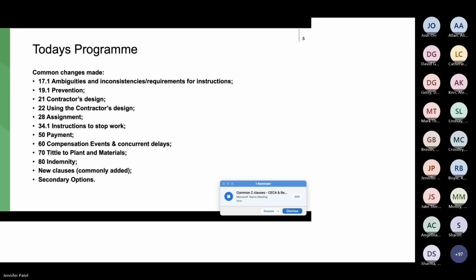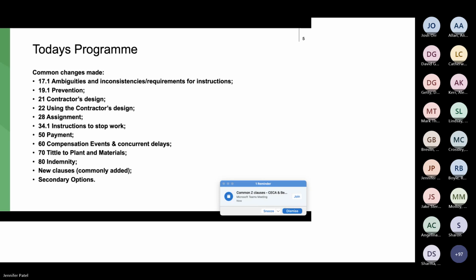So if you look about halfway down, we've got clause 50 payment. So that's all about typically changing timescales and really making payments longer in duration to be made. So that's benefiting the employer, and